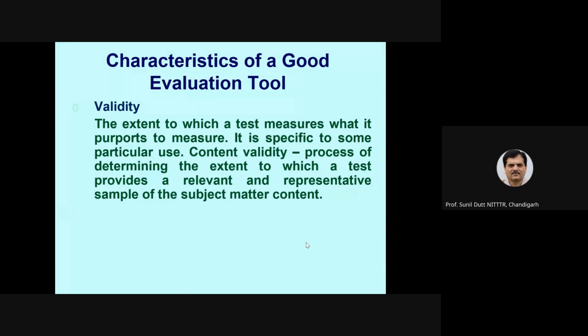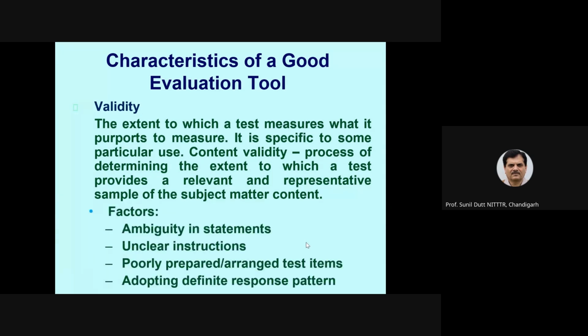A test is valid if it measures what it is supposed to measure. For example, supposed to means what is the learning outcome? I say the learning outcome is, after the topic is over, my students will be able to define force. Then the corresponding question should be "define force", and not "what is force", "what do you mean by force", or "what do you know about force", because all these three things are measuring something different. So as a teacher, you need to consider these factors in order to enhance the validity of your results.